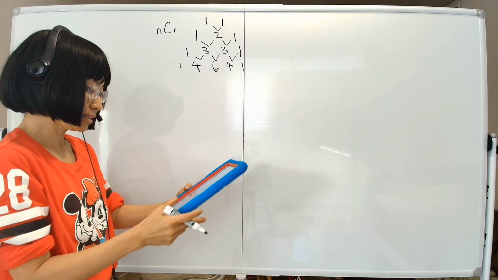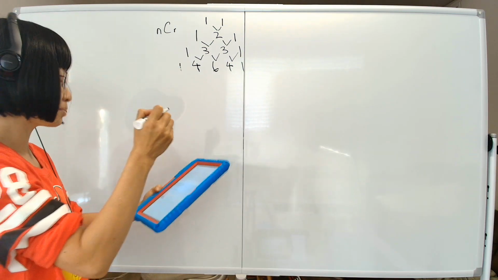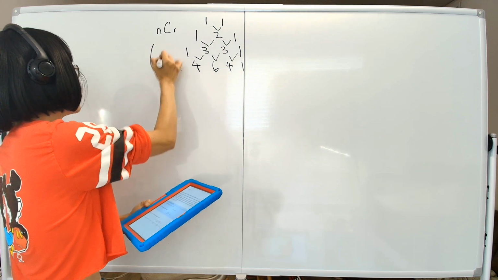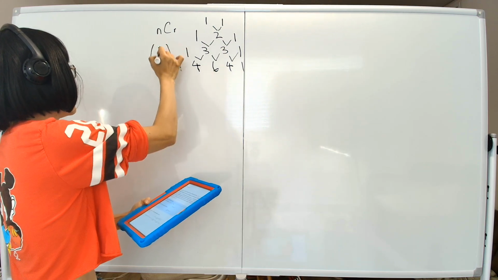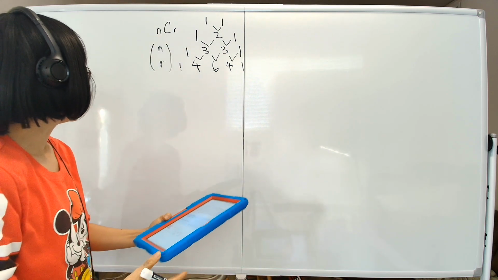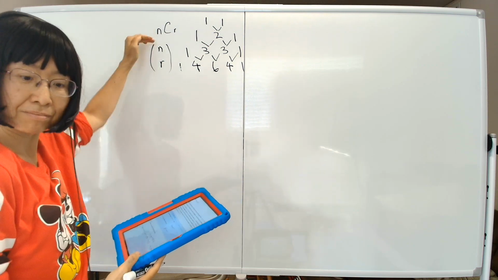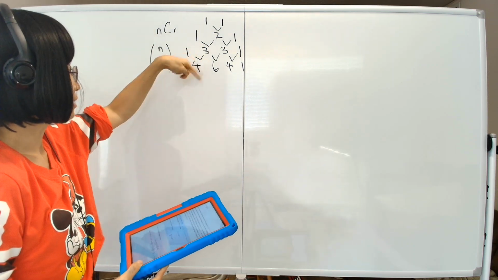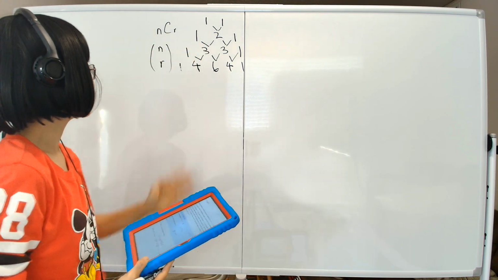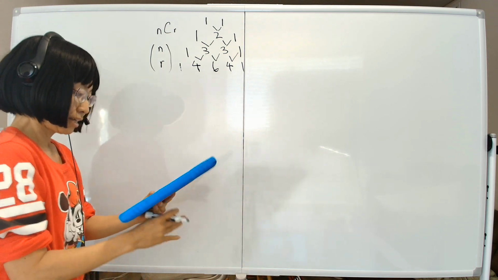And apparently, the nCr is also expressed this way, in parentheses, with the n on top and the r on the bottom. All right, this is a notation. It represents this particular triangle, the numbers going the way they do. And anyway,